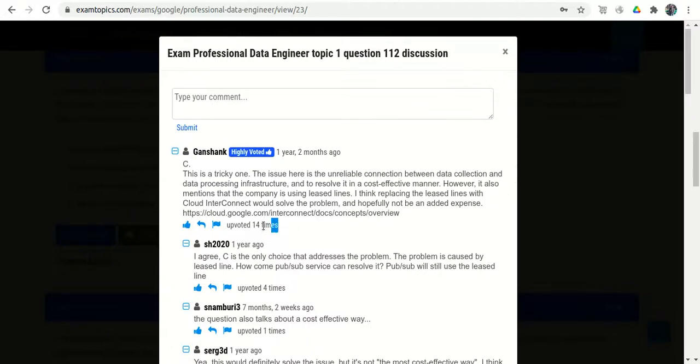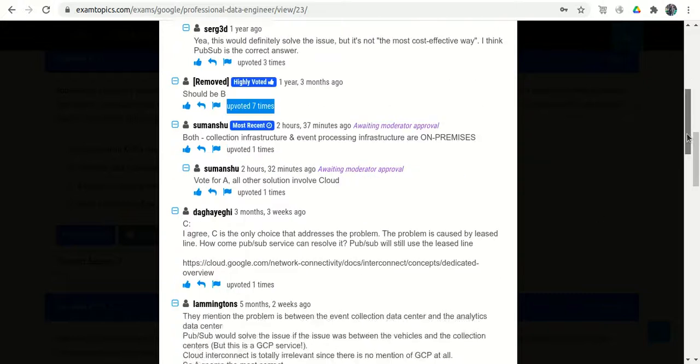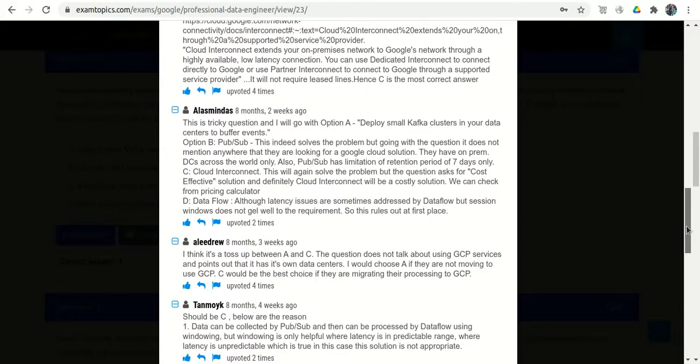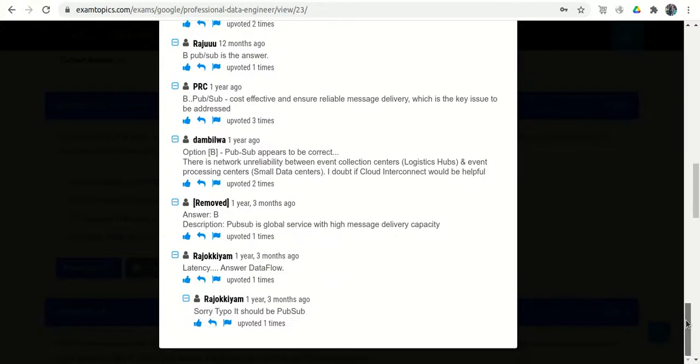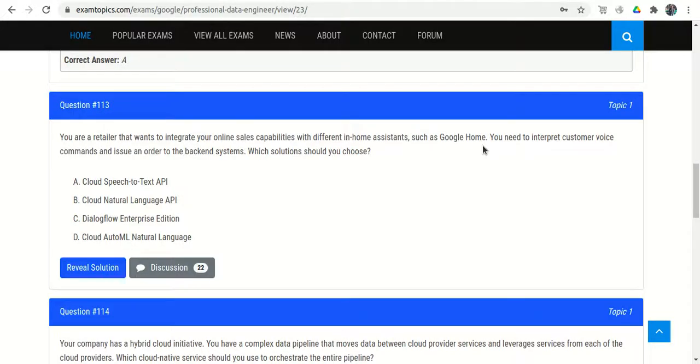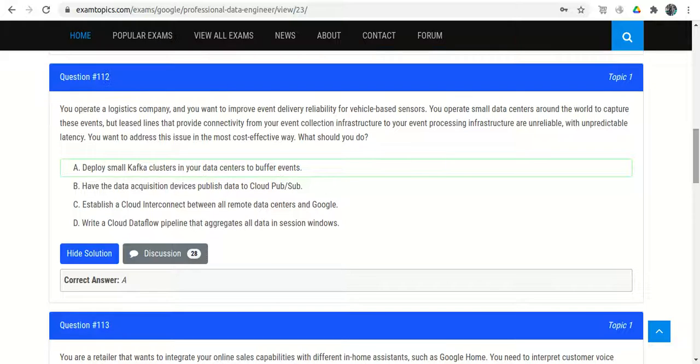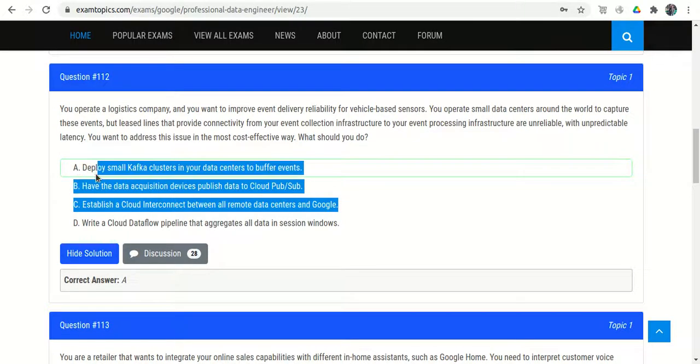Some people have suggested option C, and some people have suggested option B. Most of the people suggested options A, B, C, so everyone is suggesting different options.